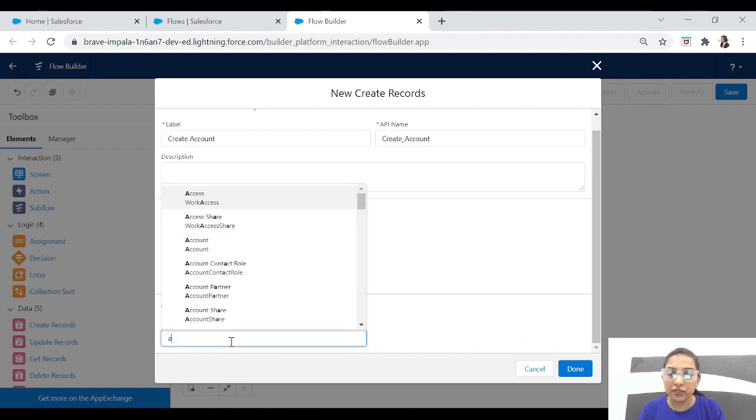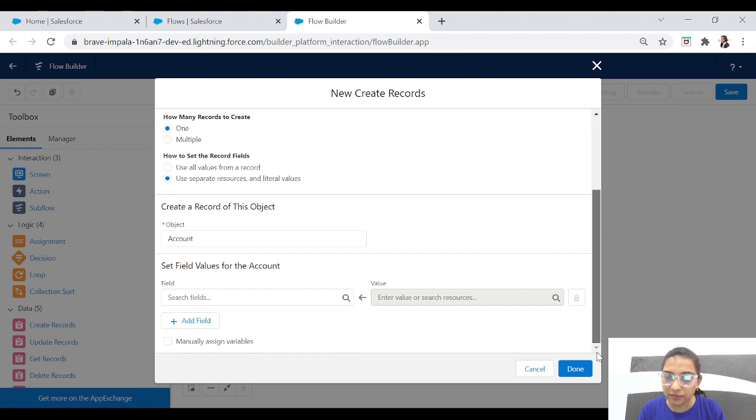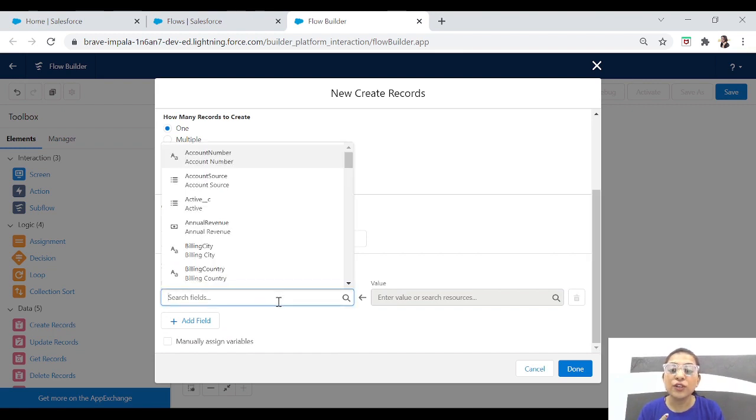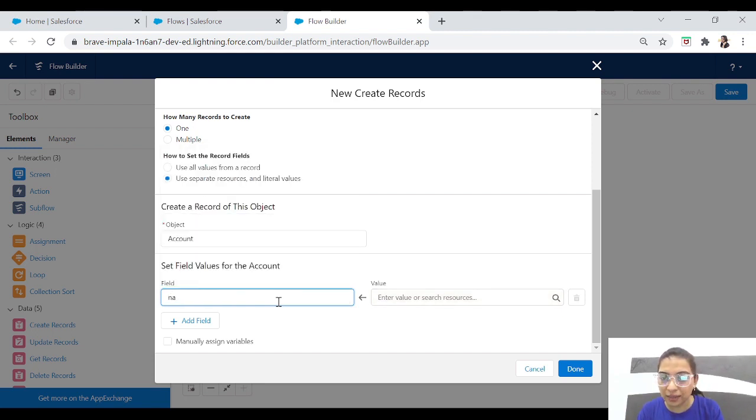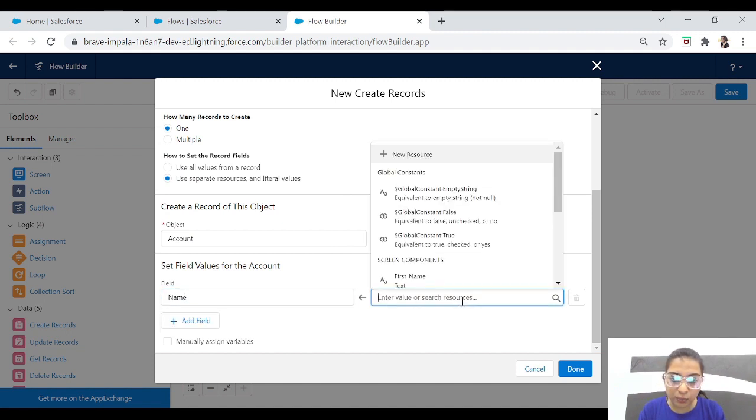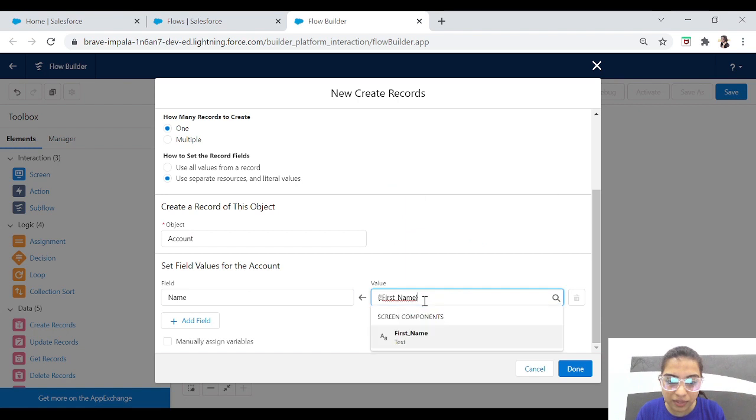Now here we'll select our object, which is account, and it is asking to set values for the account. So for account fields, we have taken first name and last name from the user, so we'll fill that. So account's name, in which we'll add first name, and that's it.